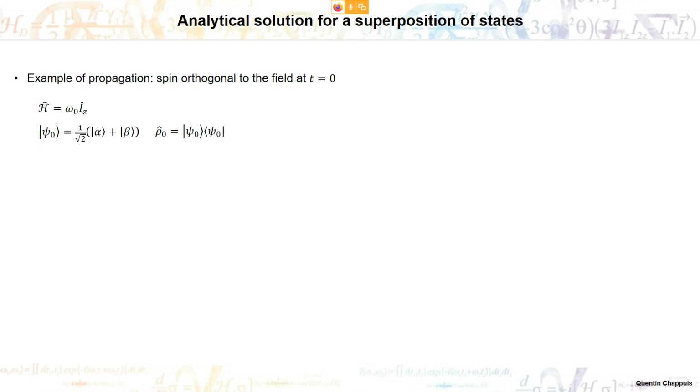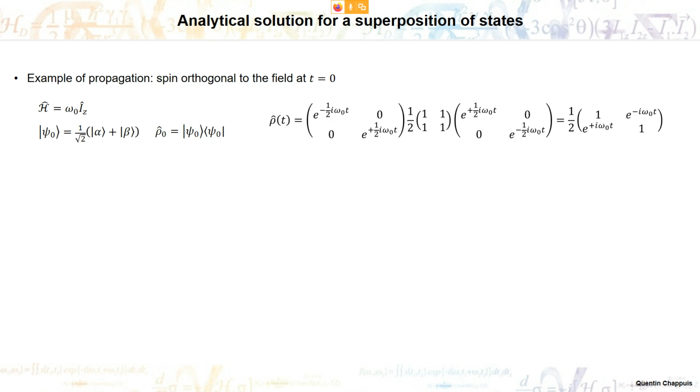Let's do the same thing, but starting with a density matrix which is not a pure state, but a superposition of states. Here, the state I've written, which is the sum of alpha and beta with a normalization factor in the front, is the wave function when the spin is aligned along x. If I write as before the sandwich formula, in the middle you see this matrix 1, 1, 1, 1, which is the density matrix for the spin aligned along x. And you take the sandwich formula,